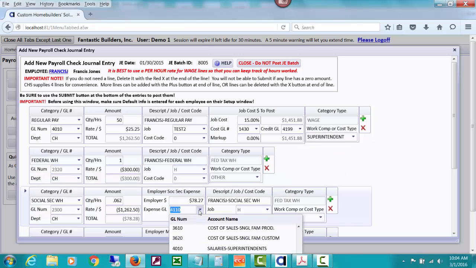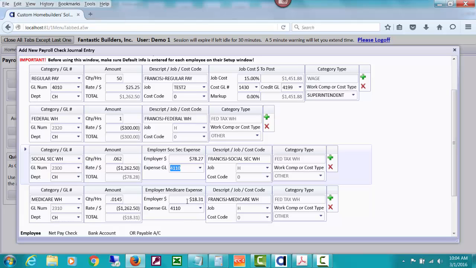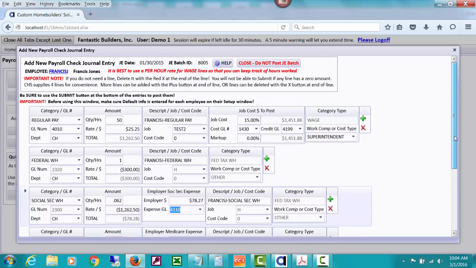$78.27 go into the 4110, so you'll have that debit. You'll also have another debit for Medicare go into the 4110, and any other lines that you did, whether it's health insurance, etc., should all be kept together in this little series of GL accounts, so that you can see them right together and you can see this amount subtracted